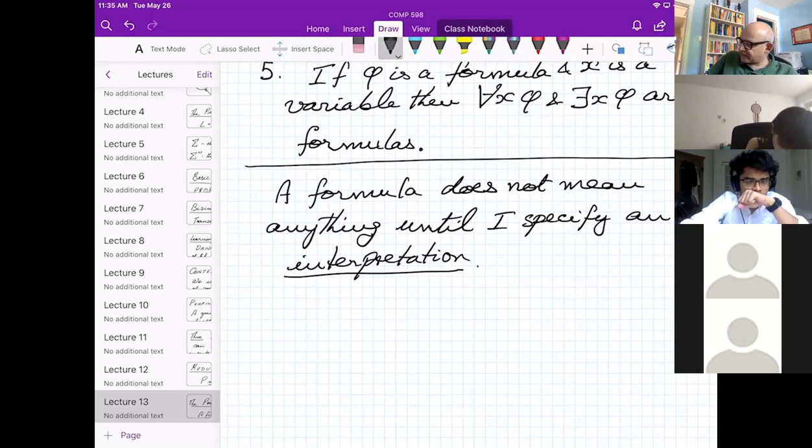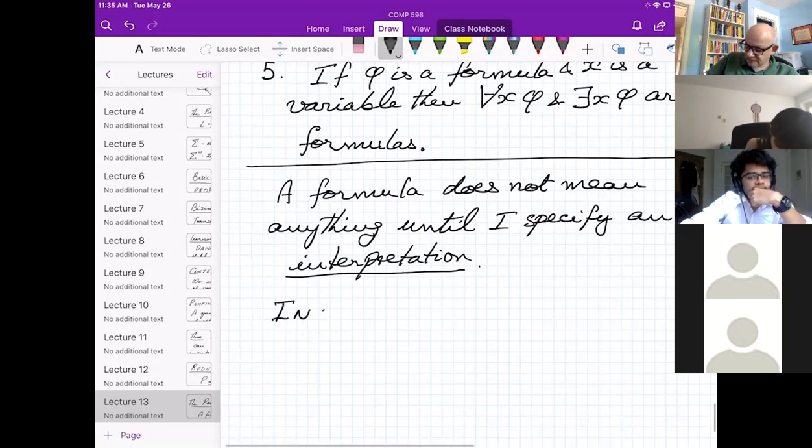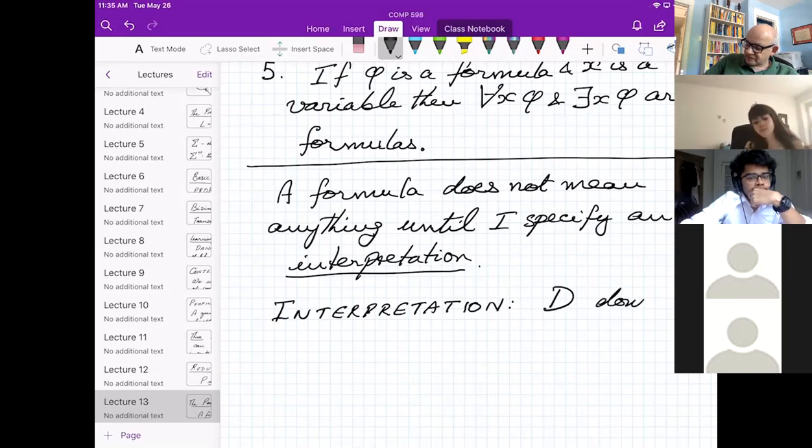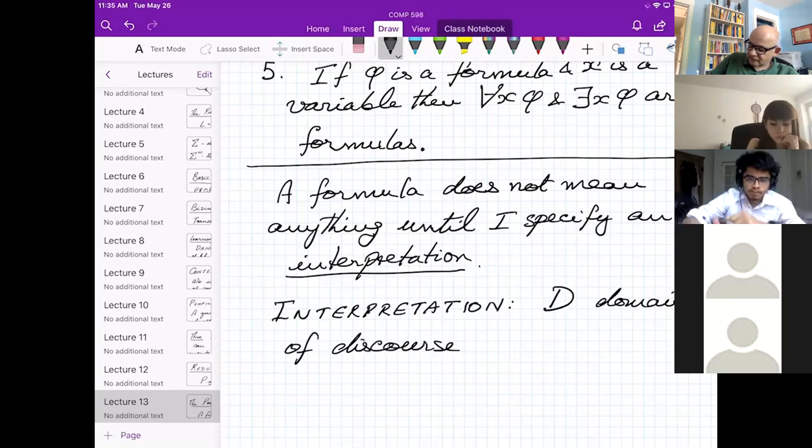So an interpretation. We assume we have a set D called a domain of discourse. Informally, this is what we are talking about.